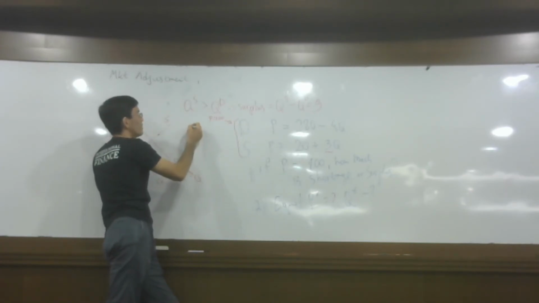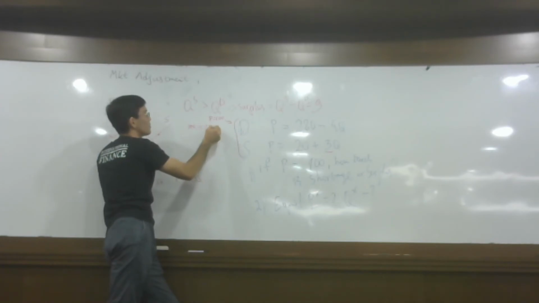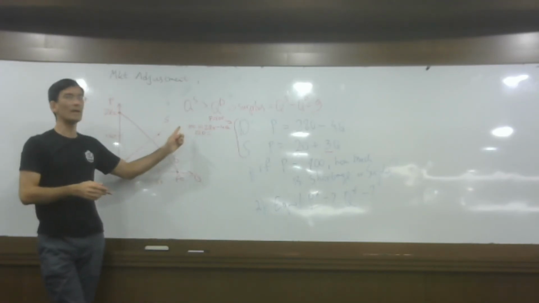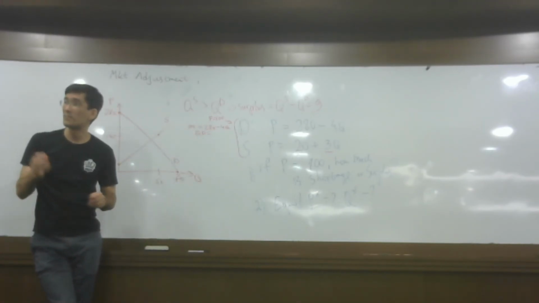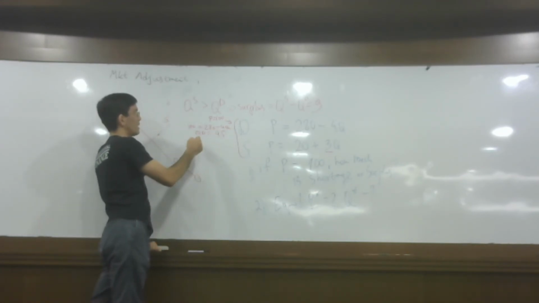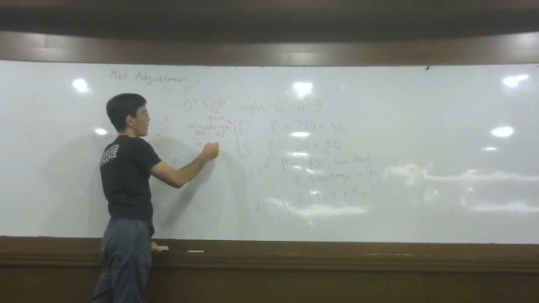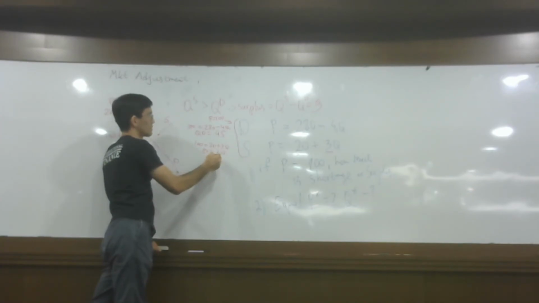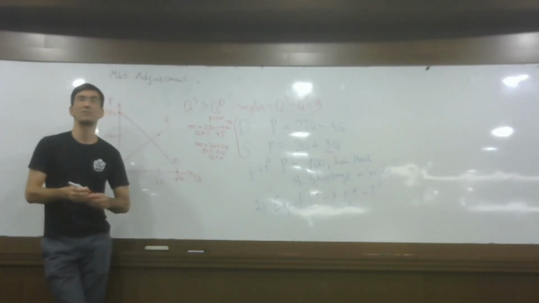That's going to give you 100 equals 280 minus 4Q. So quantity demanded is 180 divided by 4, which is 45. And for the supply, it gives you 100 equals 20 plus 3Q. So 80 equals 3Q. Quantity supplied is 80 divided by 3, which is,